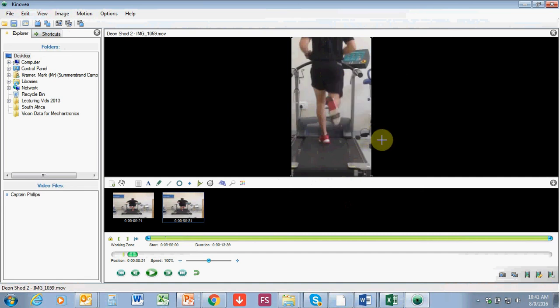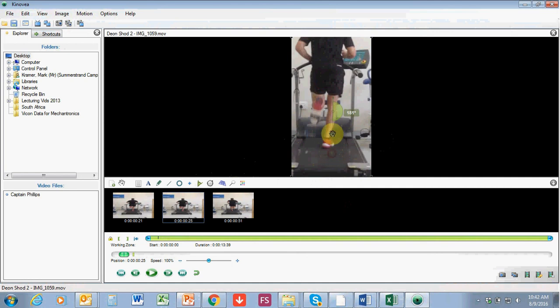because there's a couple of other things that I want to measure. I'm going to scroll a little bit backwards to when his heel of the right foot has hit and he's loading it. So here I want to look at his calcaneal angle as he has loaded it. So to do that, I'm going to use this angle option,